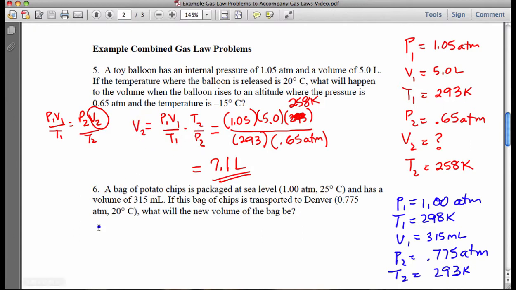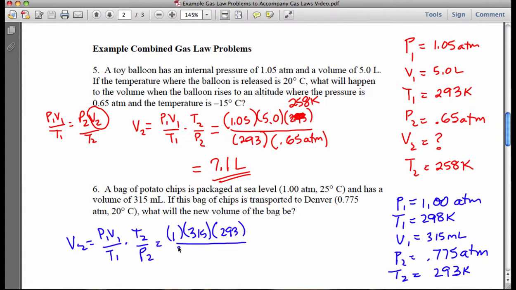Well, we already have this rearranged here. It's the same, right? V2 will be P1 V1 over T1 times T2 over P2. And that will be 315. Remembering my answer is going to be in milliliters. T2 is 293. T1 is 298. And P2 is 0.775. When I do 1 times 315 times 293, enter, divided by parentheses 293 times 0.775, close parentheses, I get